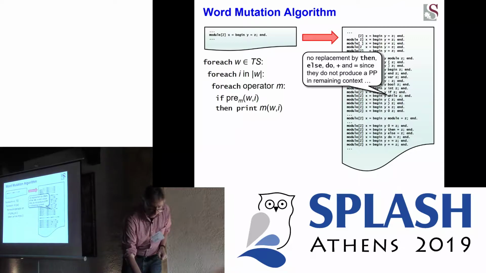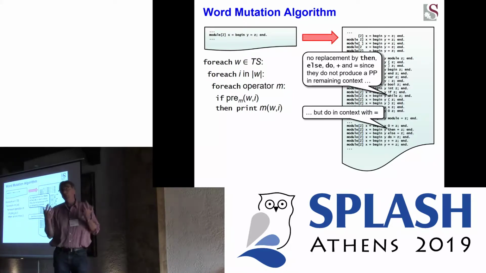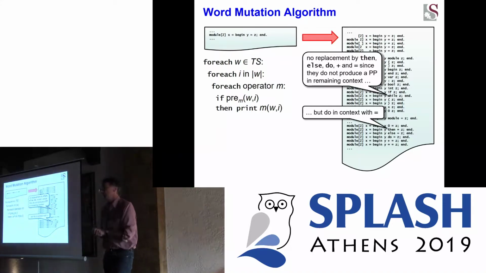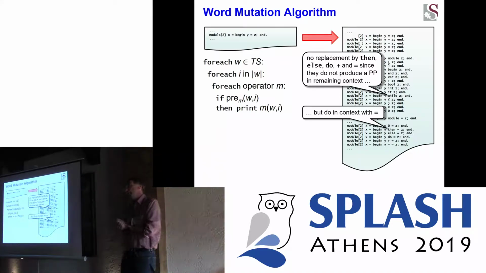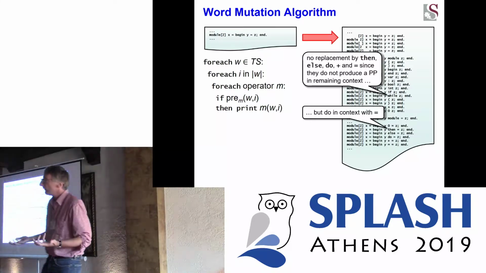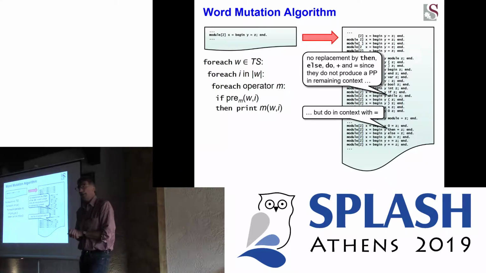If we go further down and if we insert something before the equals, then we get the Poisson pair relation, right? So then can follow Y, but it cannot precede equals. So that's how we know that this is guaranteed to be a syntactically incorrect program. Right. So that's the first thing. We've just taken a positive test suite and fuzzed it with string edit operations. That gives us kind of shallow test cases.